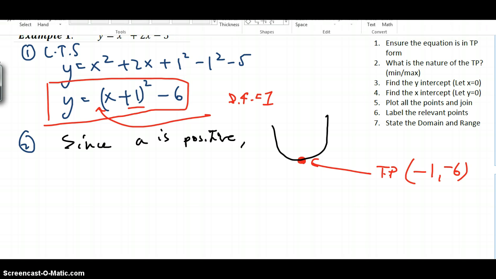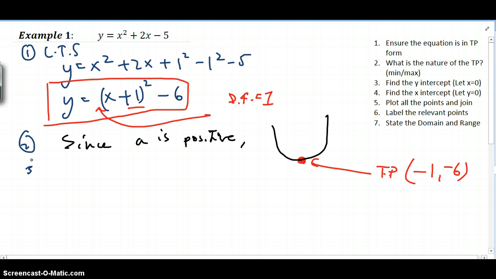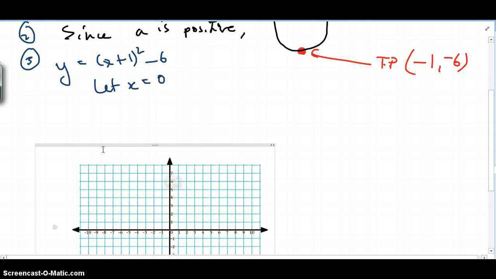Step 3 says, find the y-intercept. So to find the y-intercept, what we need to do is let x equal 0. So to find the y-intercept, let x equal 0. So we get y equals, and we're going to use the formula (x + 1) squared minus 6. So we let x equal 0. And if we let x equal 0, what we end up getting is,